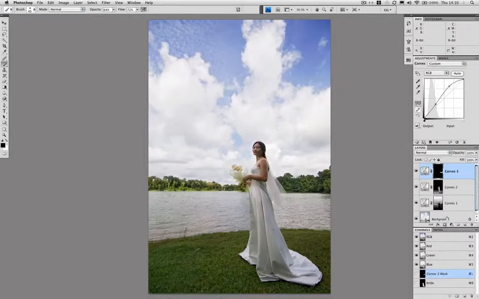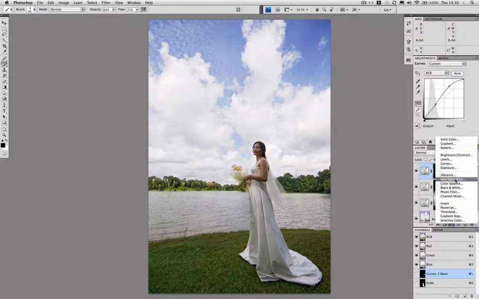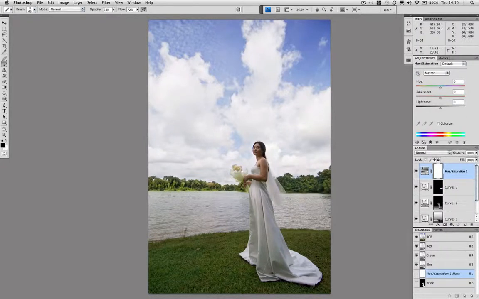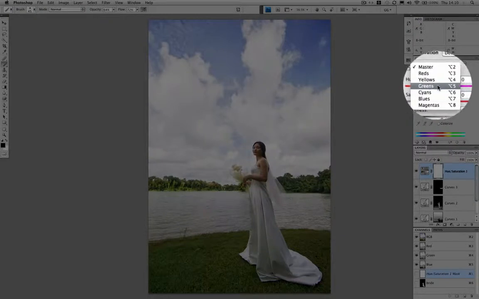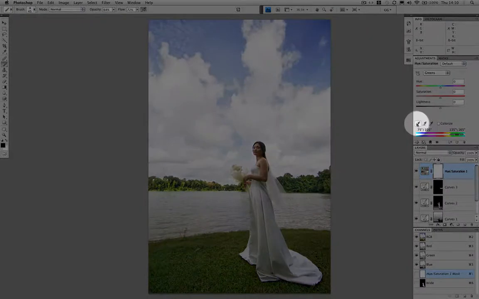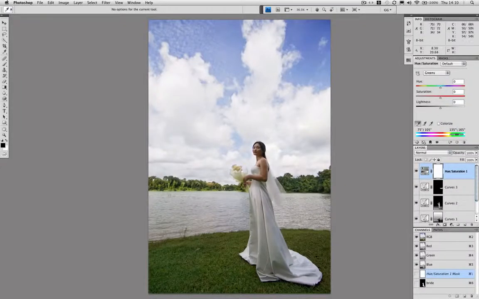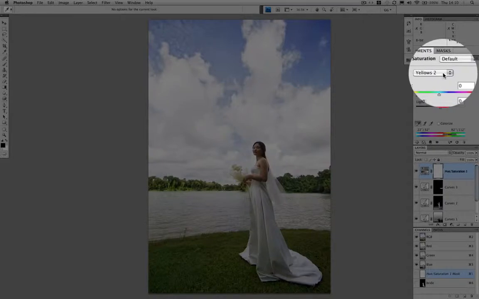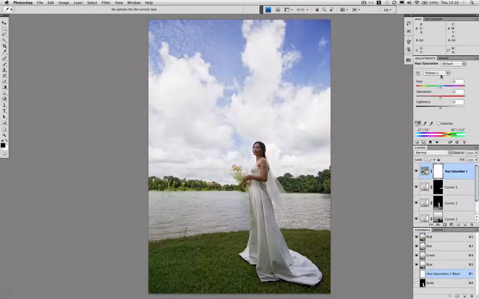So first of all, I'm going to use a hue saturation. We're going to target these greens here in the background and here in the foreground. So I'm going to greens as you would do. You're seeing grass and trees. And then I'm going to use this eyedropper here and click on a very typical green here. And you see here, and very typically it goes to yellows too. Photoshop tends to see what we often see as green as yellows, and this is quite normal, so don't dispute